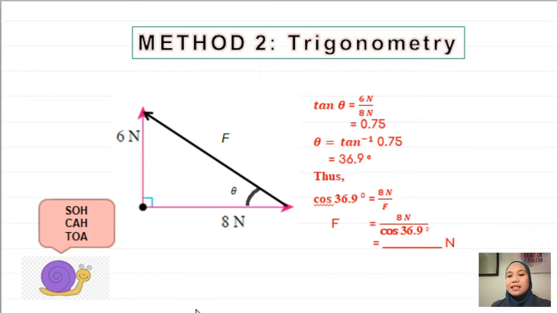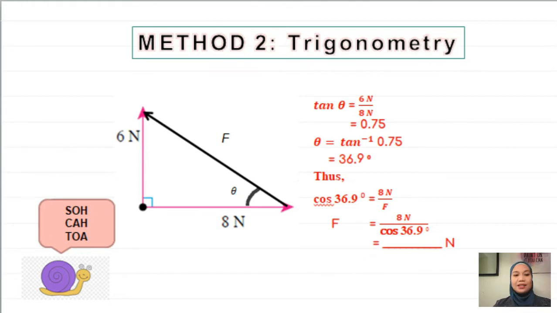For cos 36.9, which is adjacent 8 Newton divided by resultant force, you will get the resultant force as 10.00 Newton. And if you try sine 36.9, so sine is opposite 6 Newton divided by the hypotenuse or resultant force, so you will get